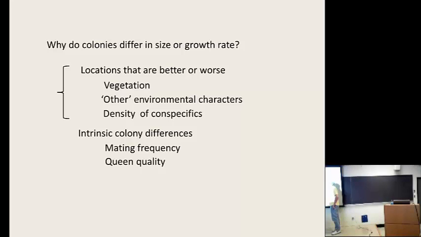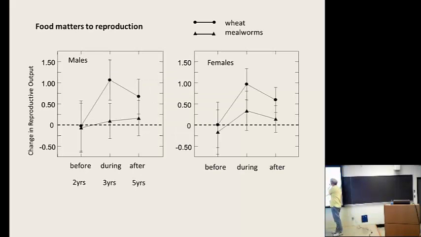The idea here is that there might be differences in the performance of colonies as a consequence of the fact that they may have different amounts of food because of vegetation. And actually, food is a reasonable idea here. This is a kind of complicated figure that summarizes a food supplement experiment,